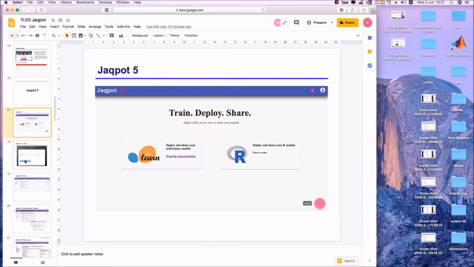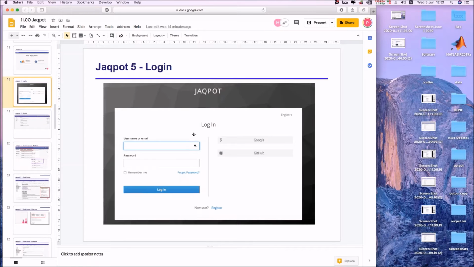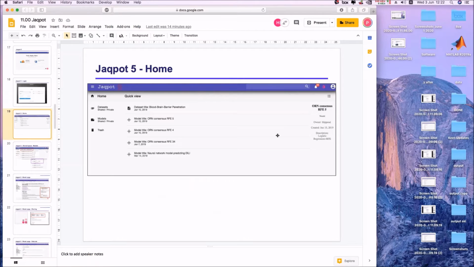So you need to log in with your username and email, or you can skip that and use your Google account or your GitHub account. Jaqpot 5 offers you a personal space where you have access to your own data sets, your own models, and also this shared space, where you get